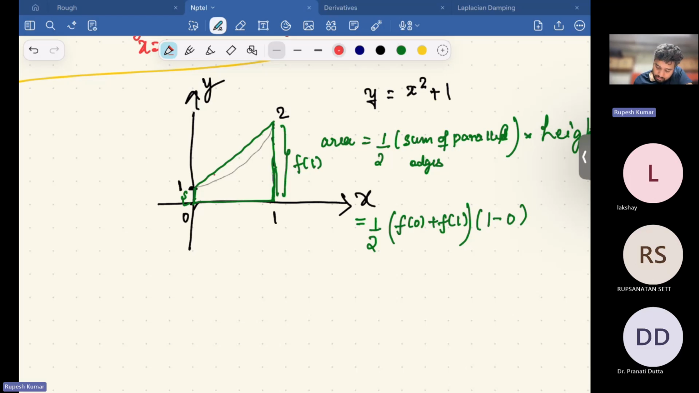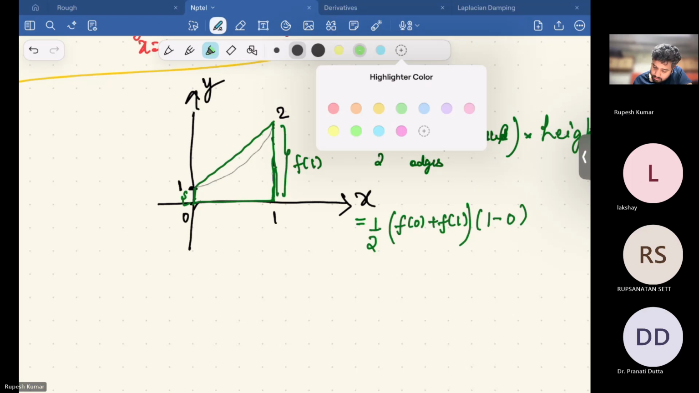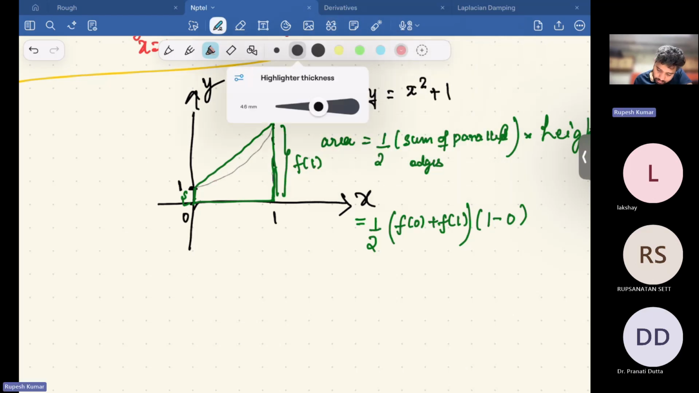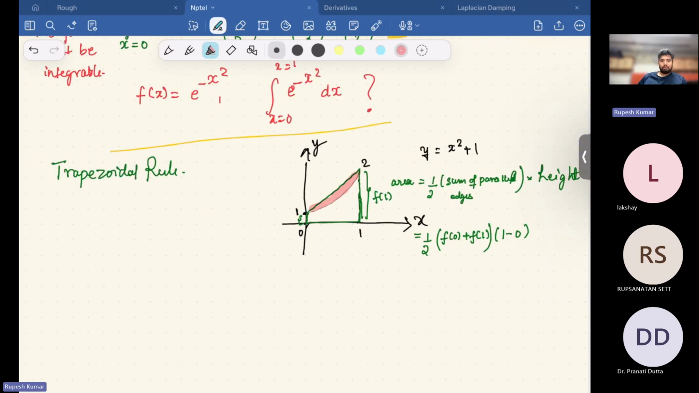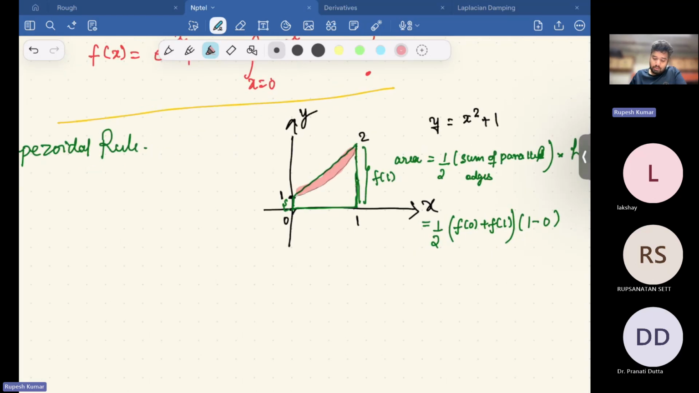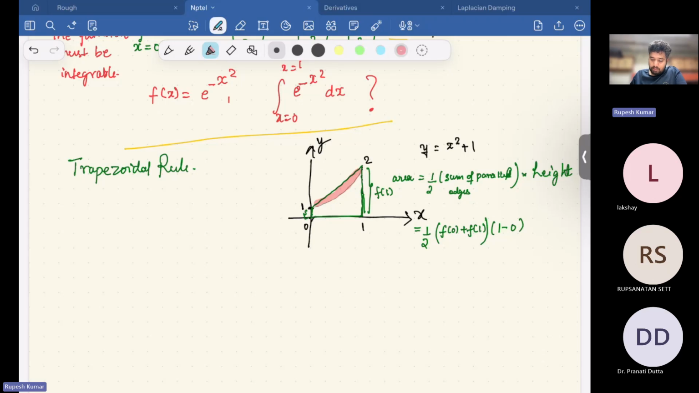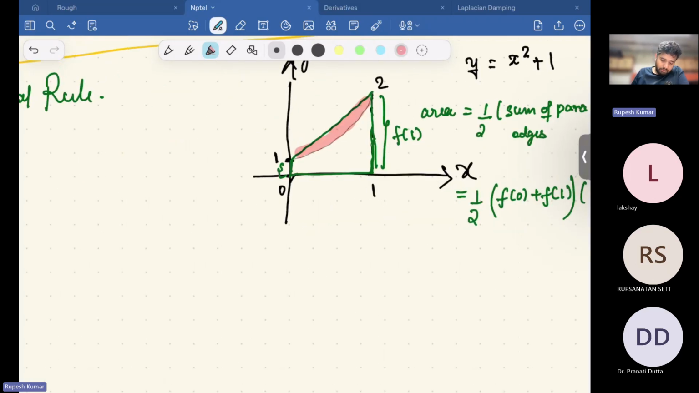But note that when you use this approach, you get some error. That error is equal to this region, the area of this pink region. So you will get an error of this size. So this is your simple trapezoidal rule for this curve, right? Now, if you want to use the trapezoidal rule to make the area under the curve more accurate, what you can do is